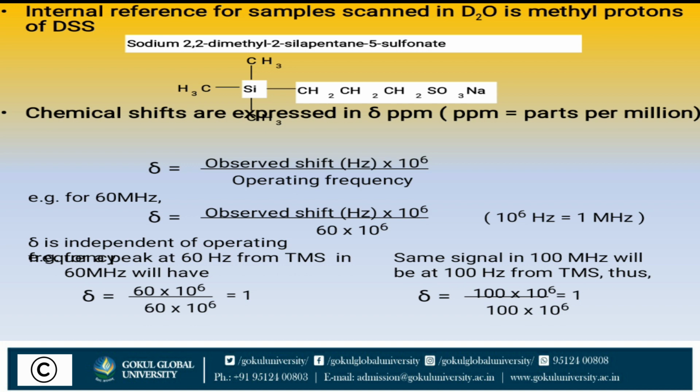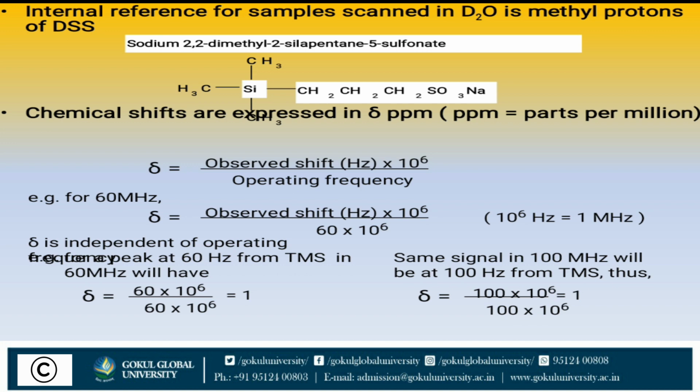For example, if the operating frequency is 16 megahertz, then chemical shift is the observed shift in hertz multiplied by 10 raised to 6, divided by 60 into 10 raised to 6. Here 10 raised to 6 is used because 1 megahertz is equal to 10 raised to 6 hertz. So megahertz is converted into hertz. So delta is independent of operating